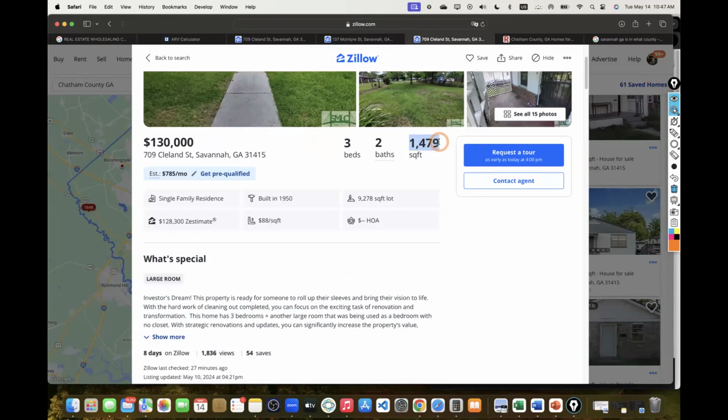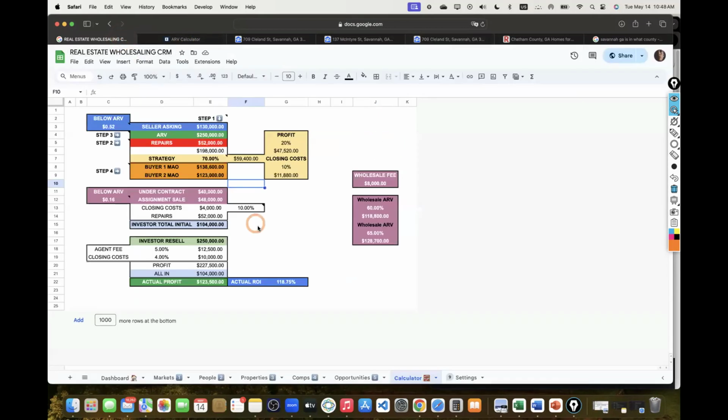We noticed based on our research that 1,100 to 1,200 square foot properties sell a lot quicker than 1,400 square foot homes. So we can definitely play the patience game on that aspect. Now, let's say I play the patience game and I'm able to get this property under contract for